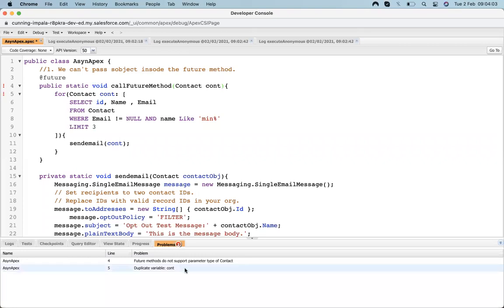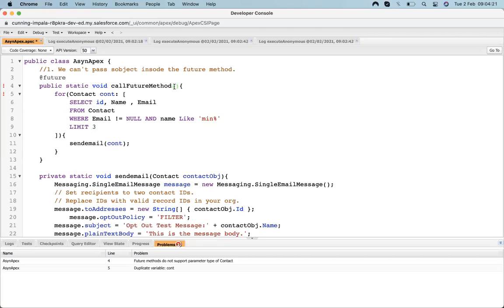You can see it's showing that the future method does not support a parameter of type contact. So sObjects are not allowed to be passed. That's the limitation of the future method. We can't pass an sObject inside the method.